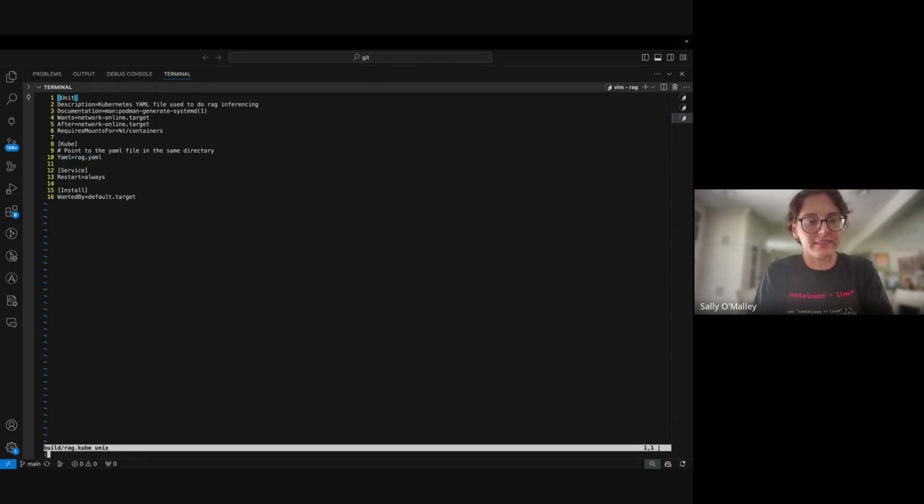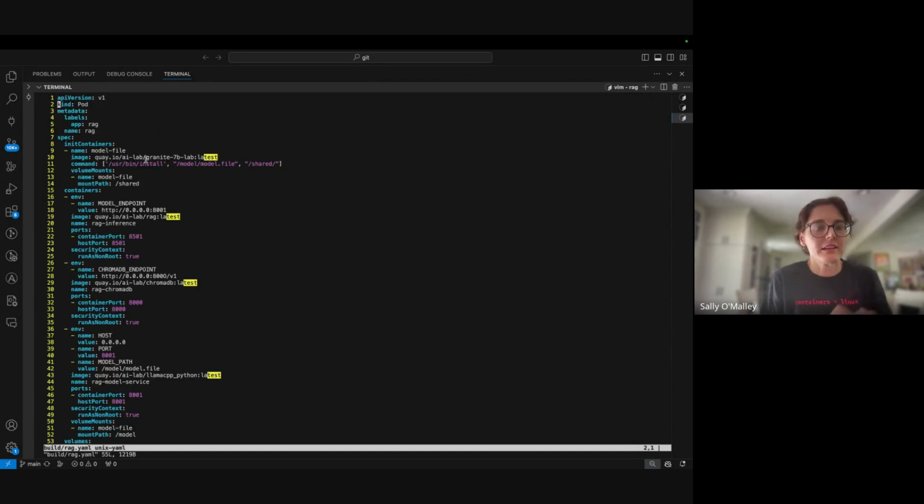So now let's look at that file. And here it is. You did notice the automation around make Quadlet. It just does it for you. So a lot of things in both Podman AI Lab and AI Lab recipes just makes it super easy for you to get started. Even if you have no idea what you're doing with data science, you can be like, oh, I have a chatbot running.